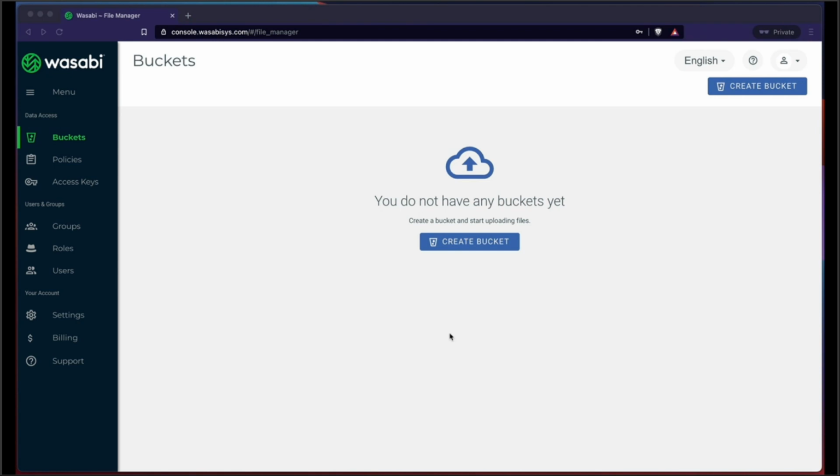Welcome, everybody. My name is Chris Rushton. I am a channel solution architect over here at Wasabi, and today we are going to be doing a demo on creating an object lock bucket in the Wasabi console, as well as setting up an object lock repository, or immutable repository, in Veeam. First step is to log in to your Wasabi console at